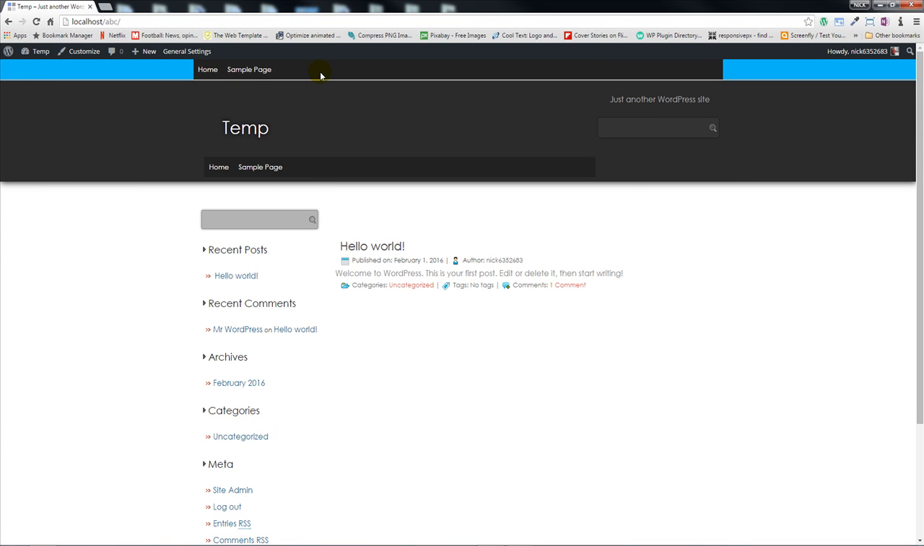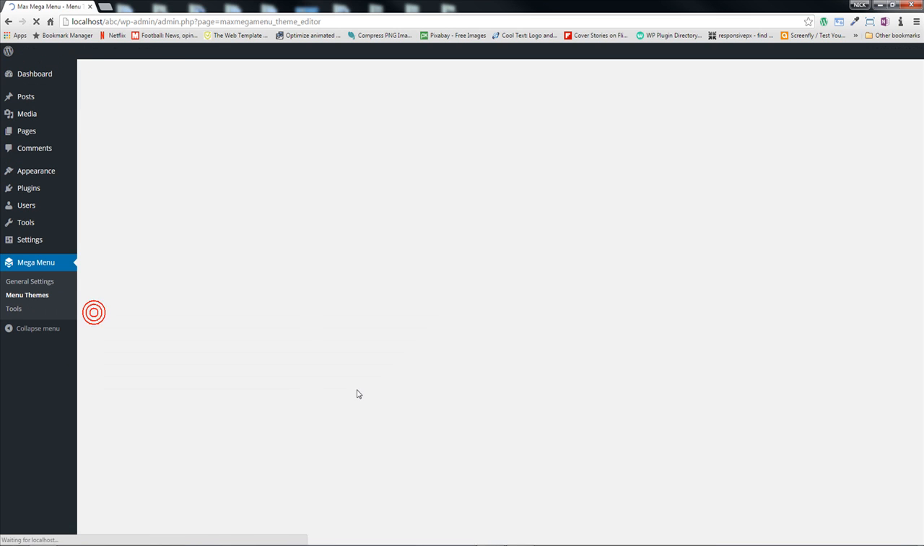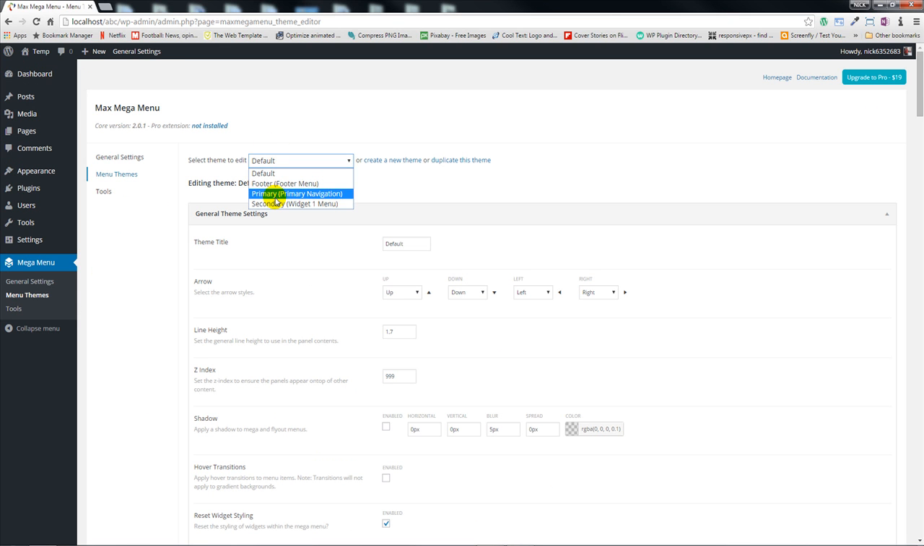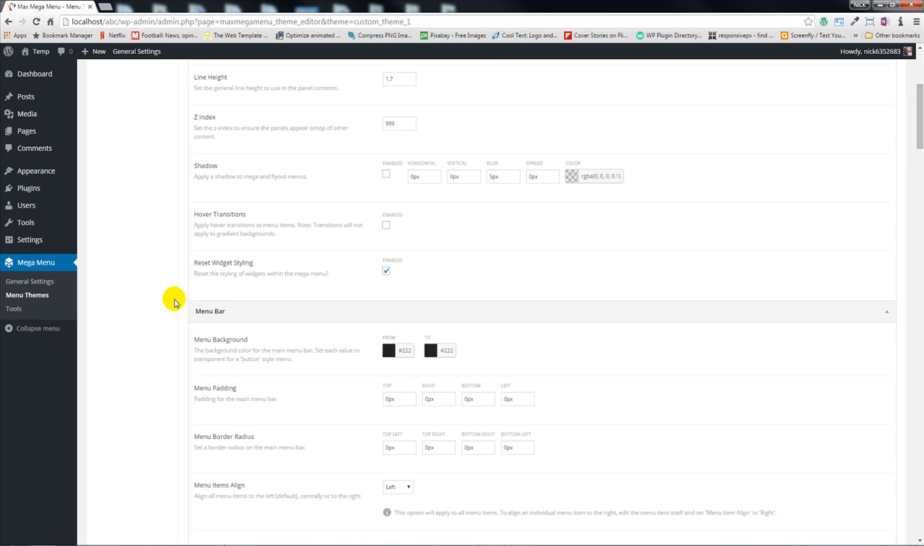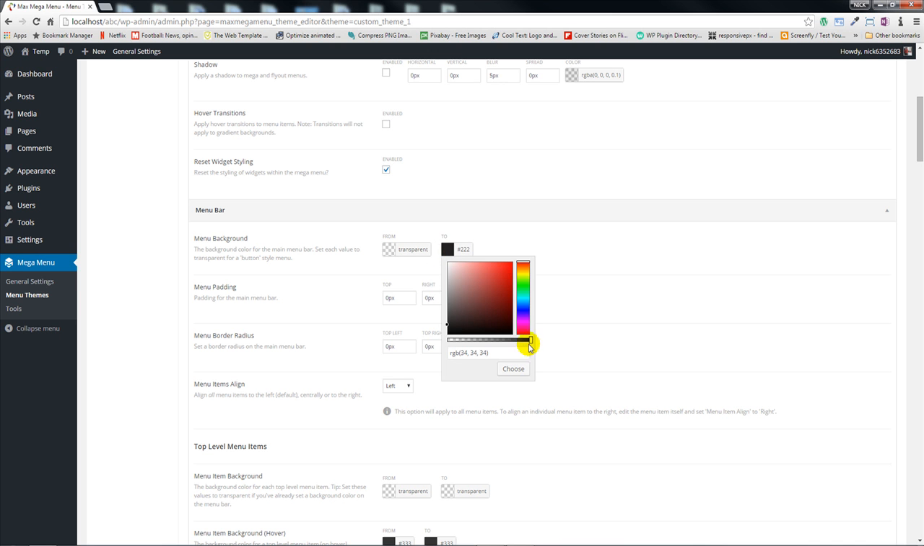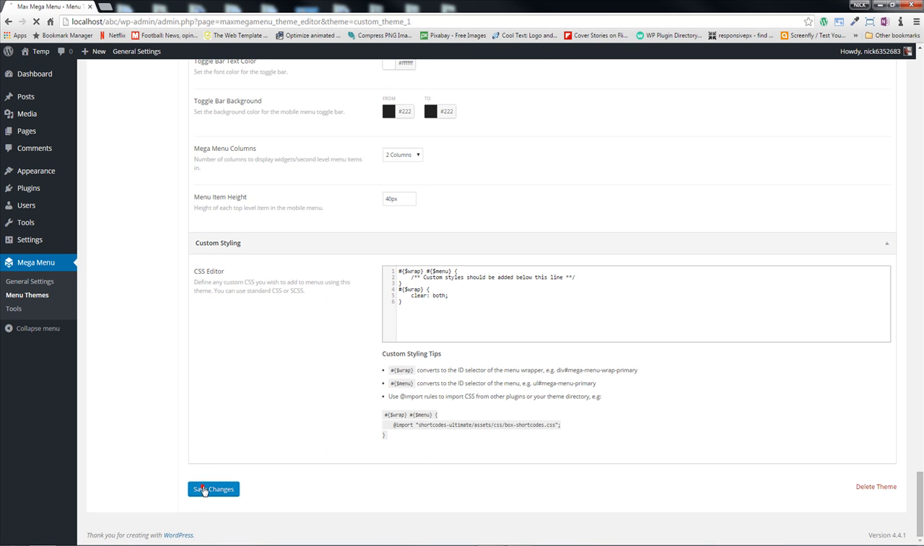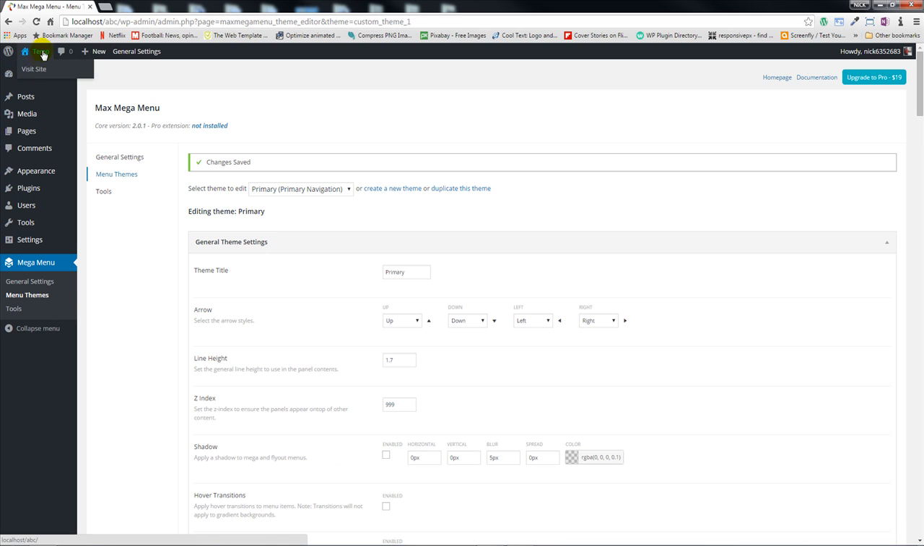Let me start with the primary. The first thing I'm going to do, and I'm going to make this simple right now, I'm going to simply make the bar transparent. So let's go into menu themes. I'm going to load the primary, and in the menu bar all I have to do is change, make it transparent. I could change it to that same shade of blue, but that is not a very good idea,